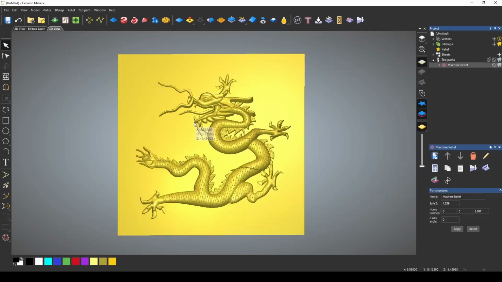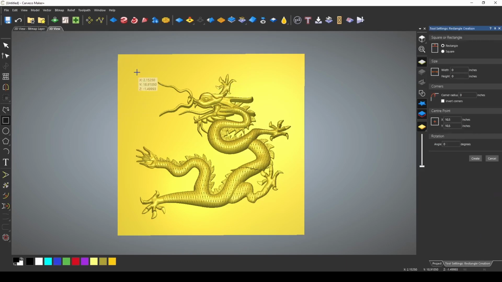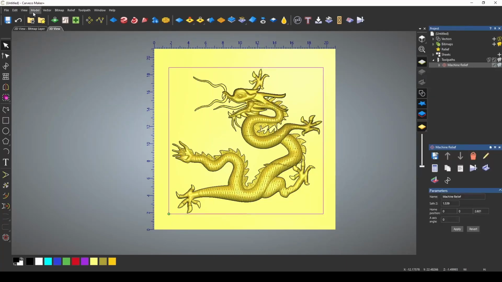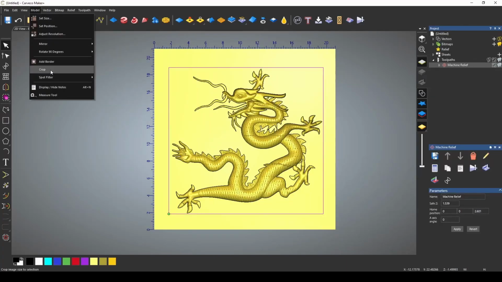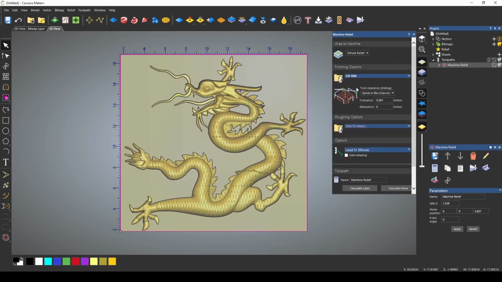And one last trick, guys, if you want to use these advanced toolpaths but you don't want to have to cut out the entire waste material, a trick for that is to draw a box around your relief and go to model and crop. Now you can run the whole relief and these advanced toolpath strategies, and it will cut just what's inside this box.